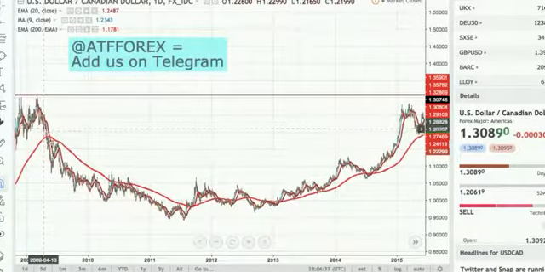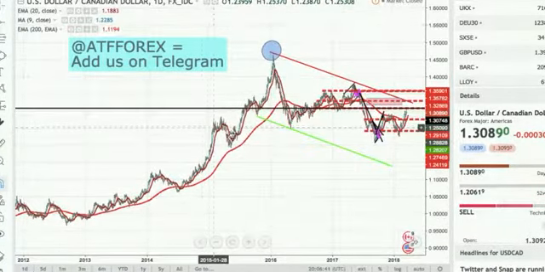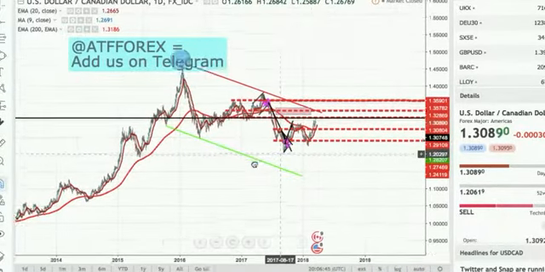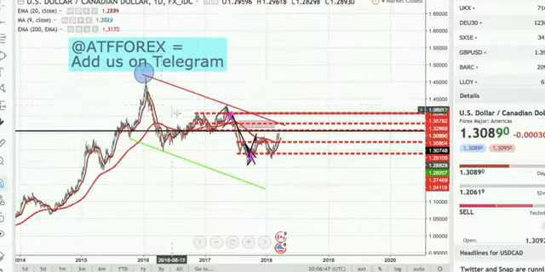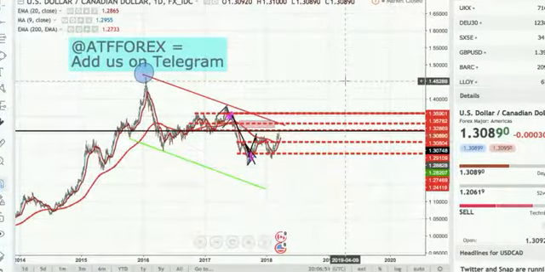So we've got a cup and handle situation forming right here, and now what we're expected to see is another handle. So what I expect for price is further downside,